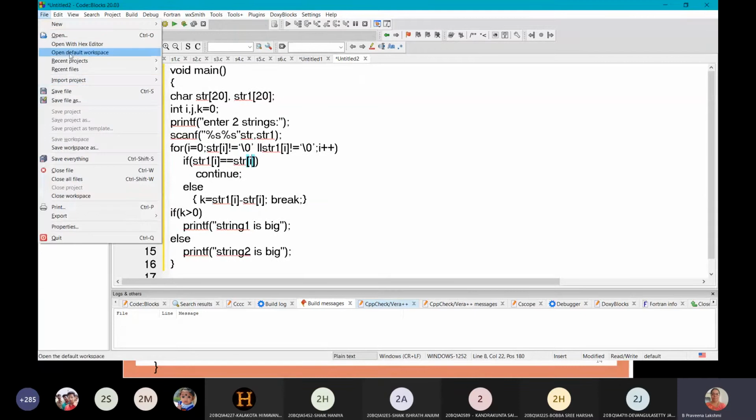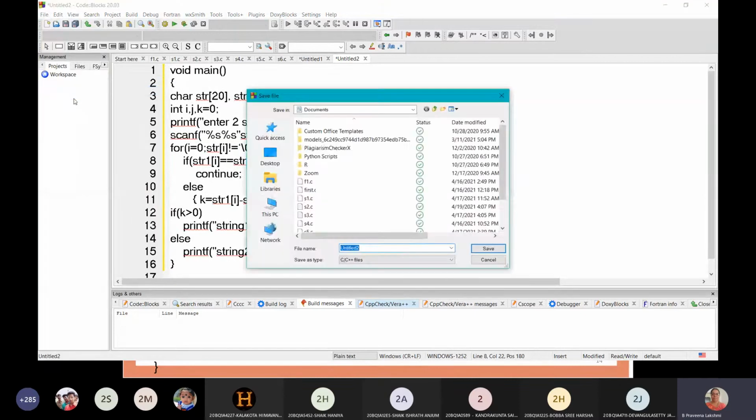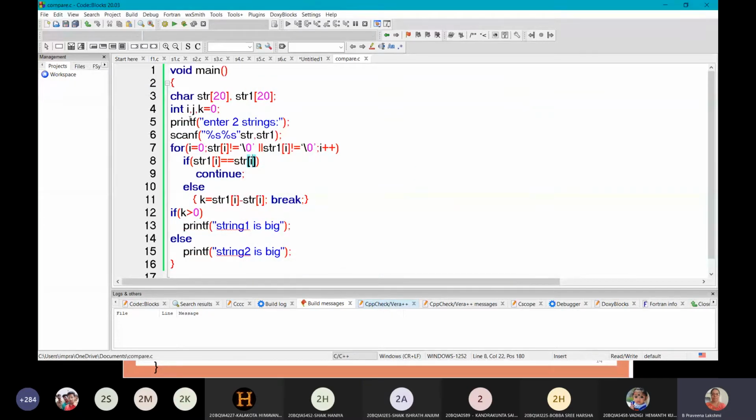Okay, save the file with the .c extension. Now we'll check by executing this code.